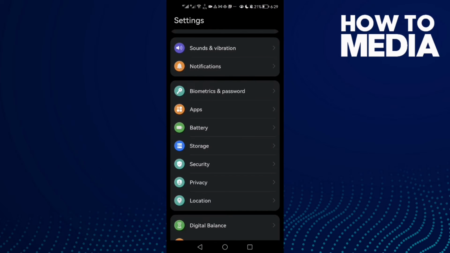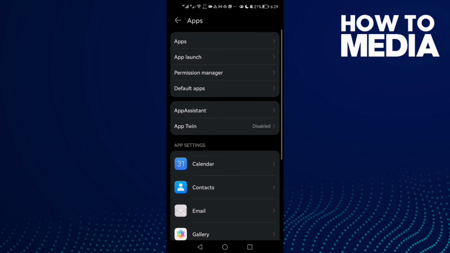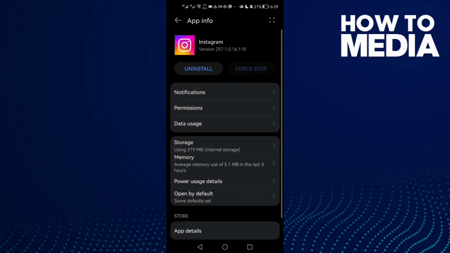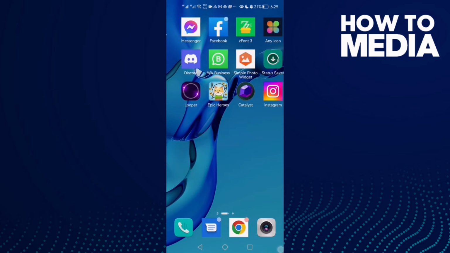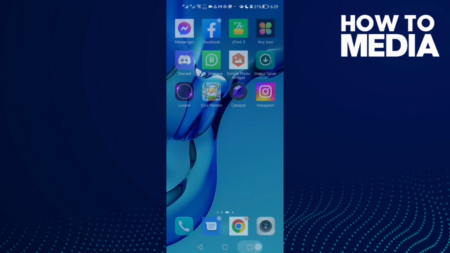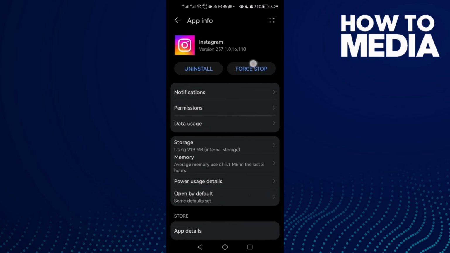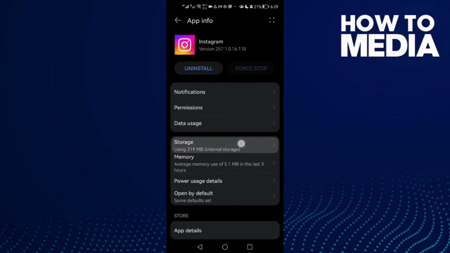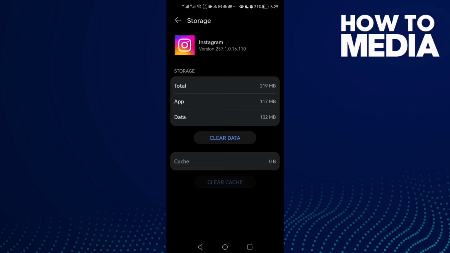First open settings and then click apps, and now apps again, go to Instagram, and now wait, first you need to open it, and here we'll find this one, force stop. Click on it, click force stop, and then go to storage, click clear cache, and now your problem must be